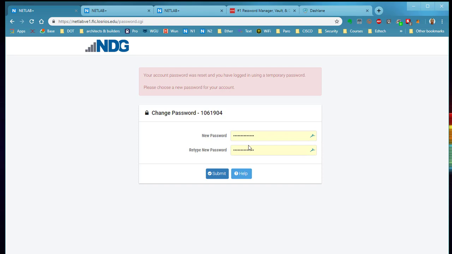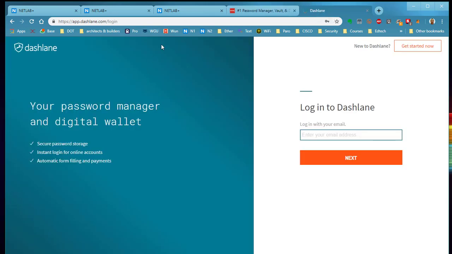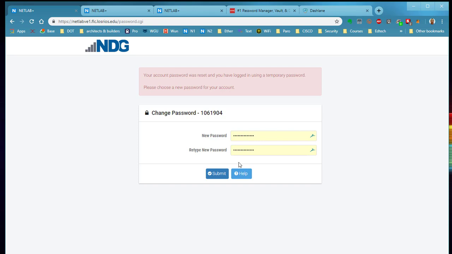Now, if you do not have Dashlane or LastPass installed, LastPass is the one that I told you was a good one. If you don't have those installed, of course, you need to come up with a password. Of course, this website is not your bank account, so if you set an easy password, it is not the